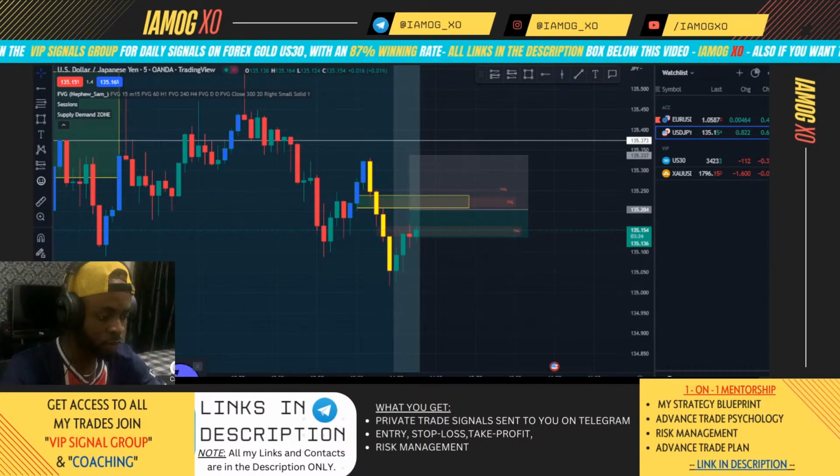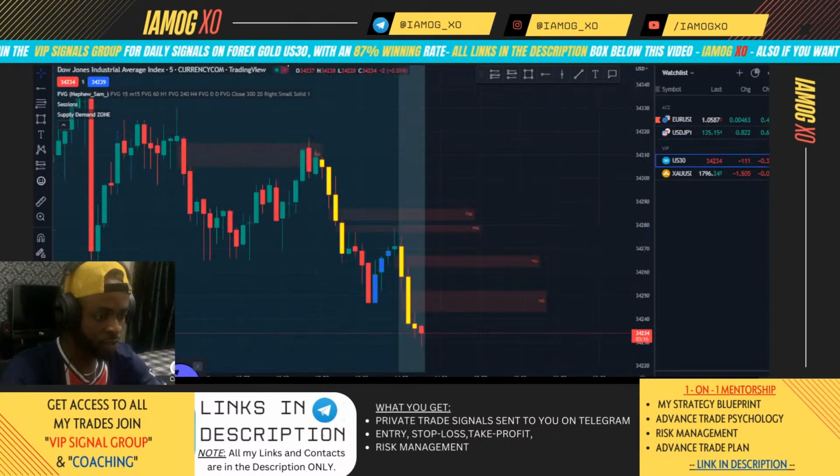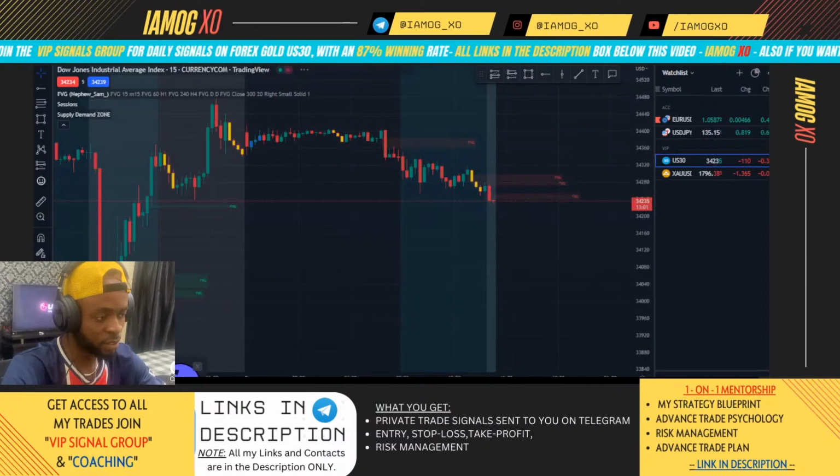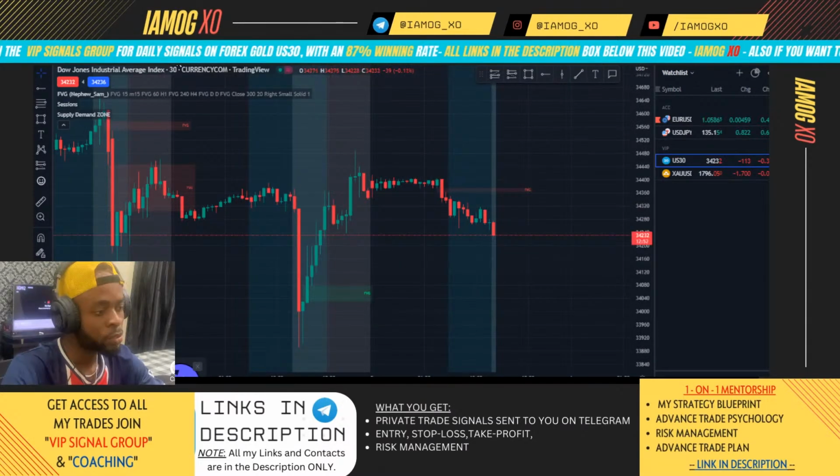So I'll be looking at, let me check US30 to see if I can get a setup on US30. For this setup, I'll be using a simple strategy, which is going to be supply and demand. So going up to the 15-minute time frame to look for a setup. I couldn't find one here, and let's check the 30-minute time frame. I think I saw one setup in the morning during London session. I'm not too sure, so let me check the 5-minute time frame.